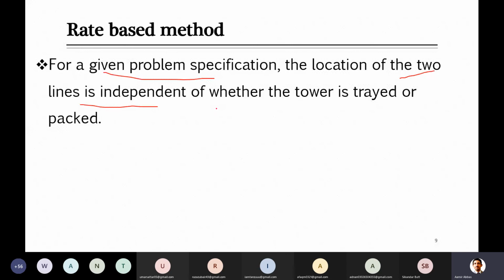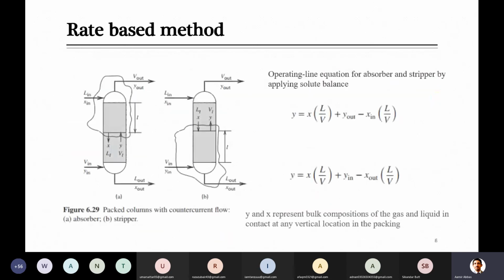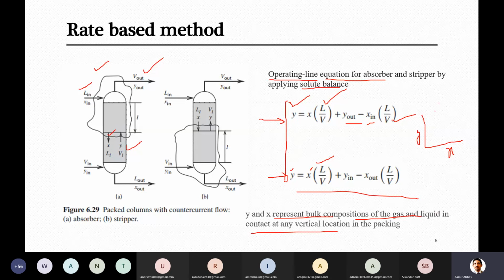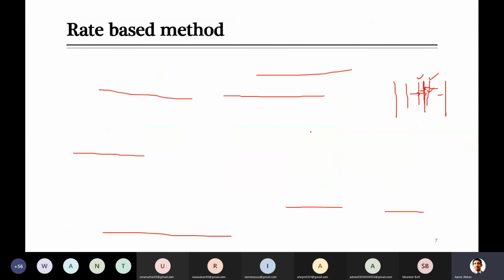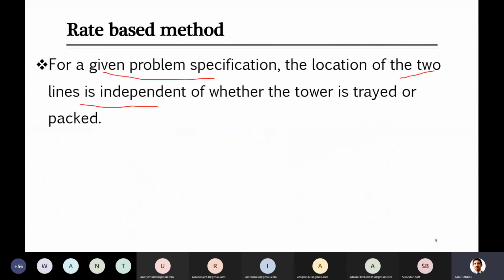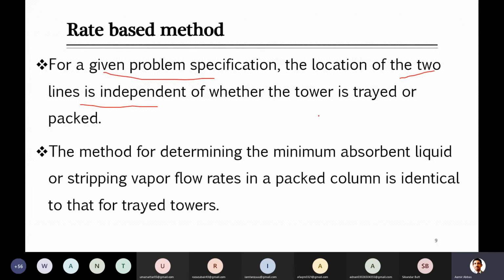There is nothing else. If you look at those equations, whether for the tray tower or the packed tower, or earlier when you discussed the tray tower, the equations used to draw the lines don't involve anything related to packing or trays. They only involve the parameters which are composition as well as flow rates. Due to this reason, it was mentioned that whether you use the tray tower or the packed tower, they are not affected. Either of these being used, you can draw the lines, because they will give you the same kind of geometries.